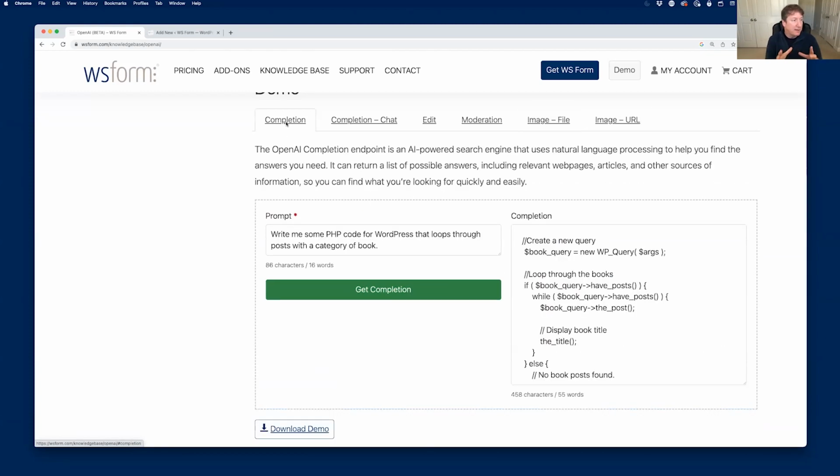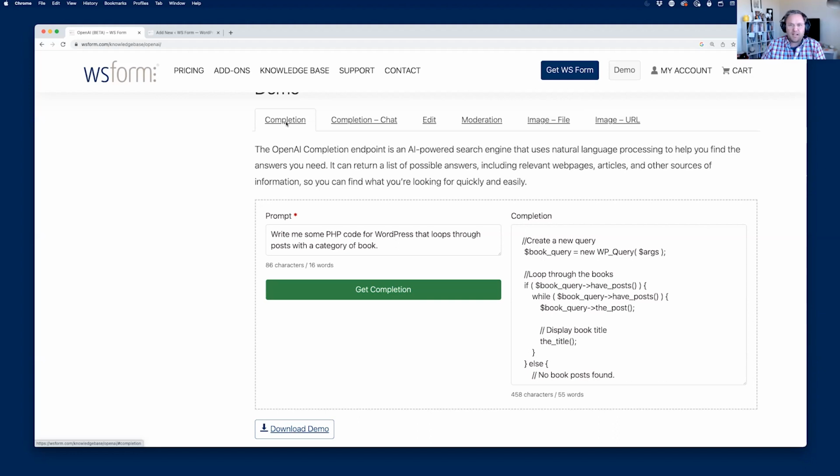So really what we've tried to do is just make OpenAI as accessible as possible for people that are using forms. And you can actually put multiple requests on a single page as well. You could have one for a bit of text content, another one for image, and you could also include the editing functionality on the same text field if you wanted to. So yeah, that's where we are.